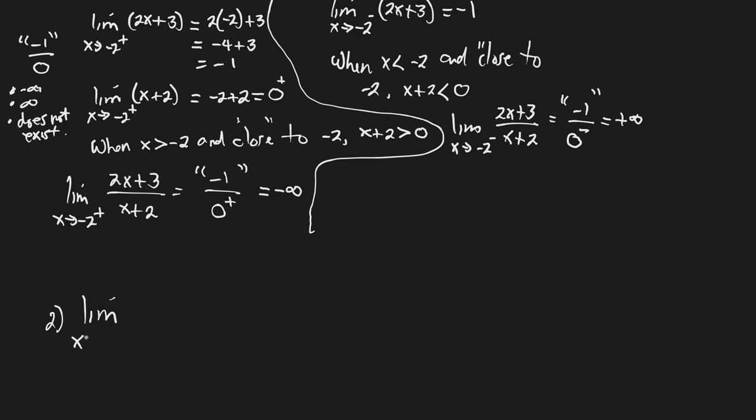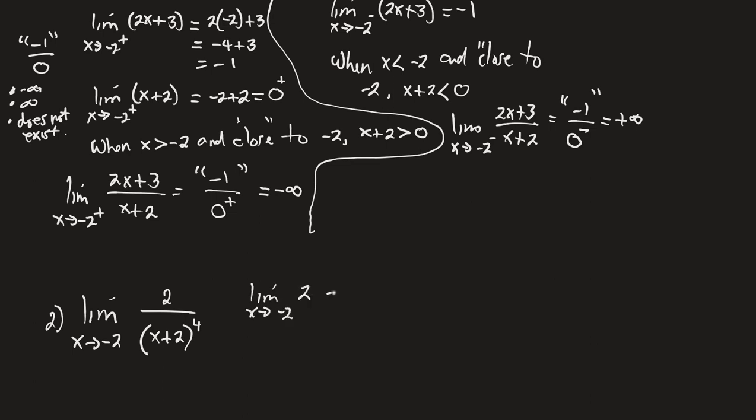Now, let me just change our first example slightly. Let me take 2 over, and then what I'm going to do is take x plus 2 and raise it to the 4th power. Now in this case, if you notice, even if I were to plug in -2 right now to try to evaluate it, right? So the limit